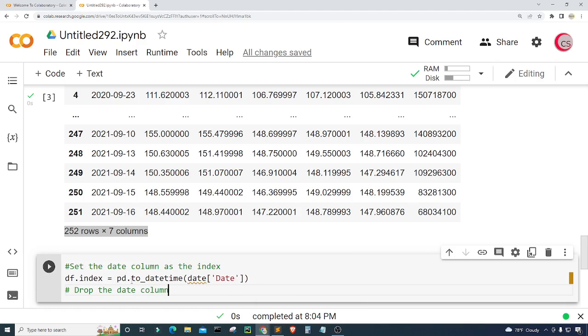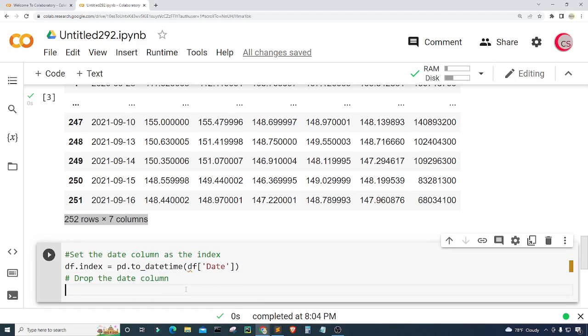So let me see here. I put pd.to_datetime. This needs to be df, not date. Okay, and now I want to drop that date column. So just set df equal to df.drop, and then input the column name, which is date, and then tell it which axis to remove, and we want to remove the columns axis. Okay,